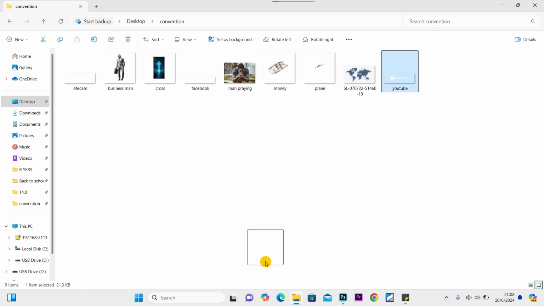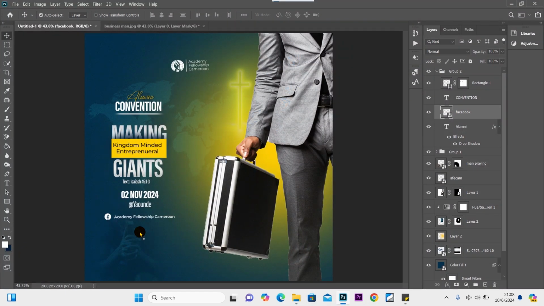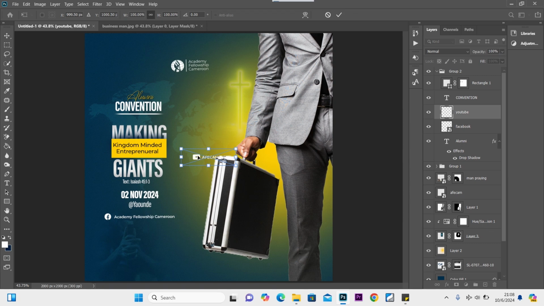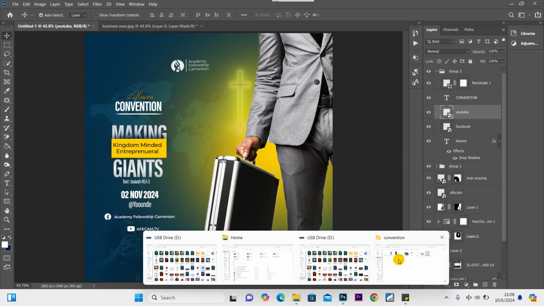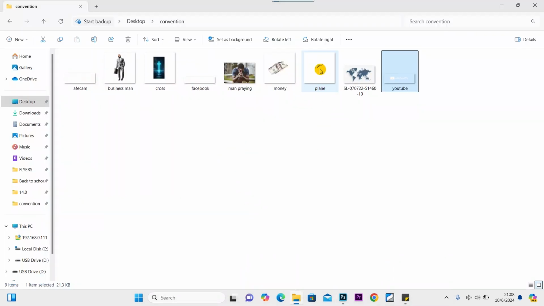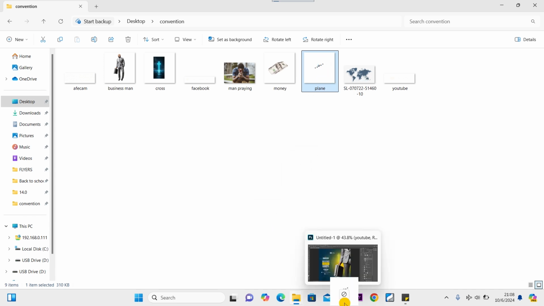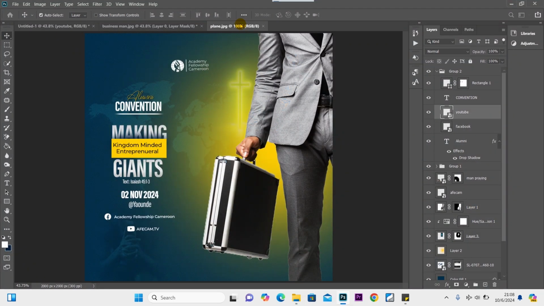I think this is it. Position it somewhere here, like that. And now there's another item we haven't brought into our design, which is that of the aircraft. So I'll drop it somewhere here,